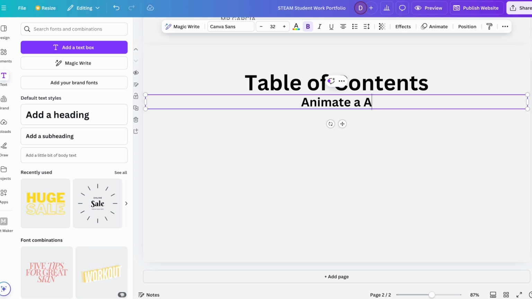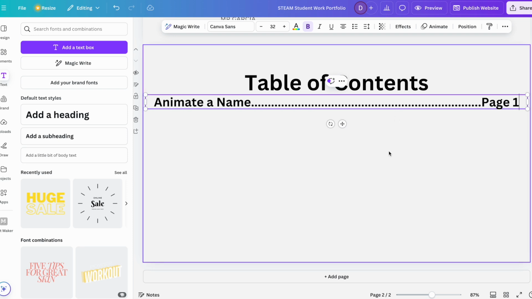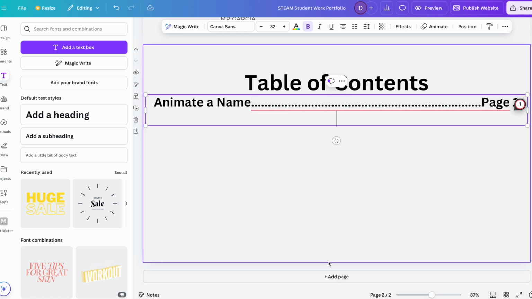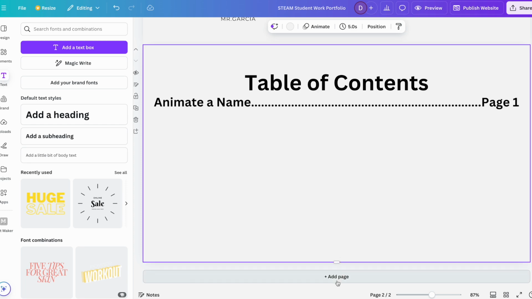So it's Animate a Name, and then I'm just going to put a bunch of periods here and then put page 1. And I'm going to continue to add on to the table of contents once I have more assignments that I'm going to add on. So since we're only adding Animate a Name, I'll leave it as is, add another page,